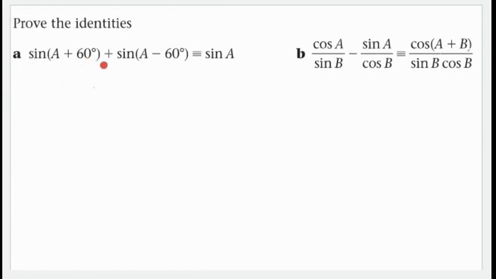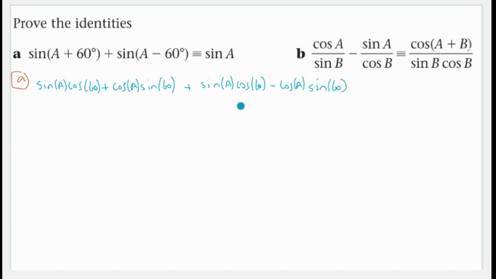We want to prove that sine A plus 60 plus sine A minus 60 is sine A. So we just use our expansion. So sine of A plus 60, just doing part A over here. This first bit expands to sine A cos 60 plus cos A sine 60. And then this other one, this sine A minus 60, expands to sine A cos 60 minus cos A